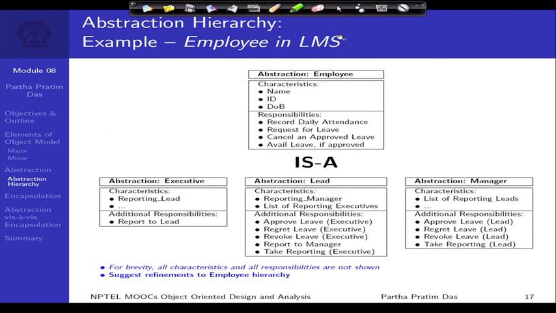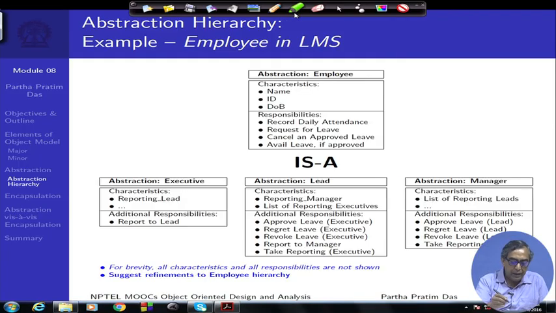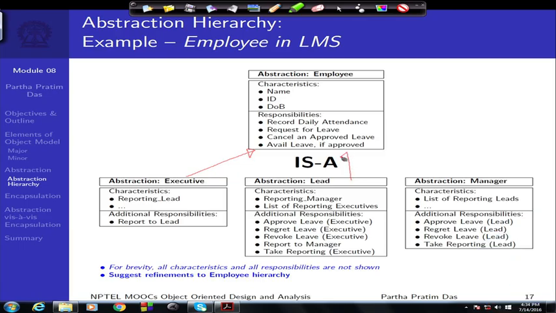Let us look at a little simpler problem, but I am referring back to the leave management system, of which you are already aware. In this we can have abstractions of employees, executives, lead engineers, and managers, and we can express that in terms of a hierarchy here. So, what we are saying is an executive is an employee, a lead is an employee, a manager is an